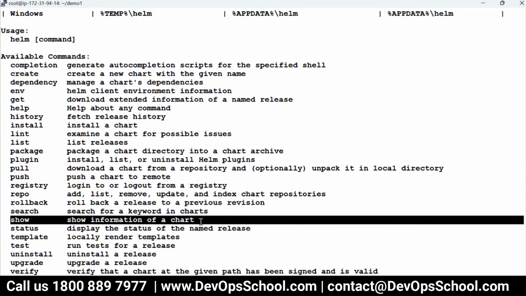See here. Please remember that. If you want to see information about the chart, show. If you want to see information about the release,